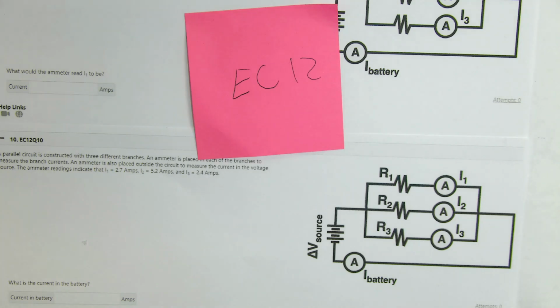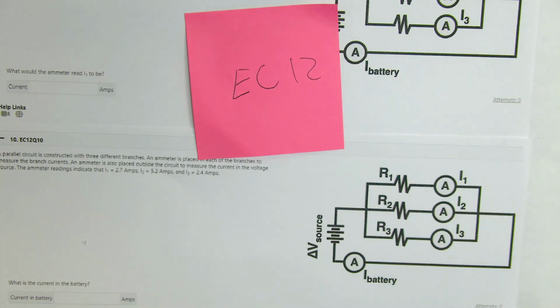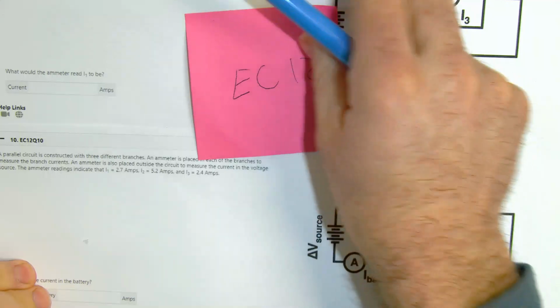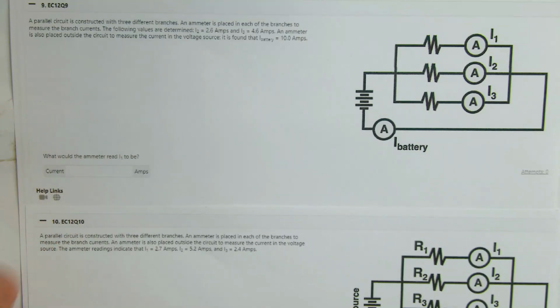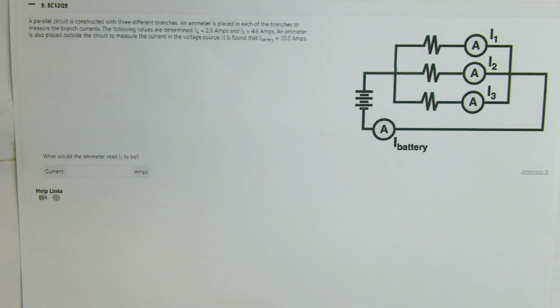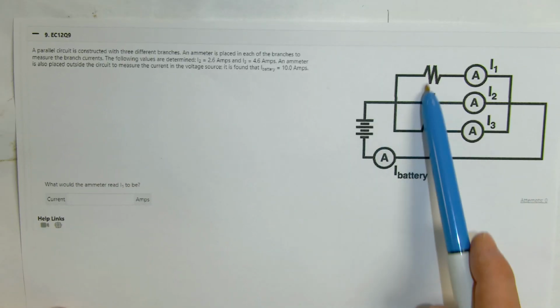So we're continuing here with EC12 from Physics Classroom. We're looking at the last couple of questions on this. The first one, this is just Q9. It essentially has a battery and then three